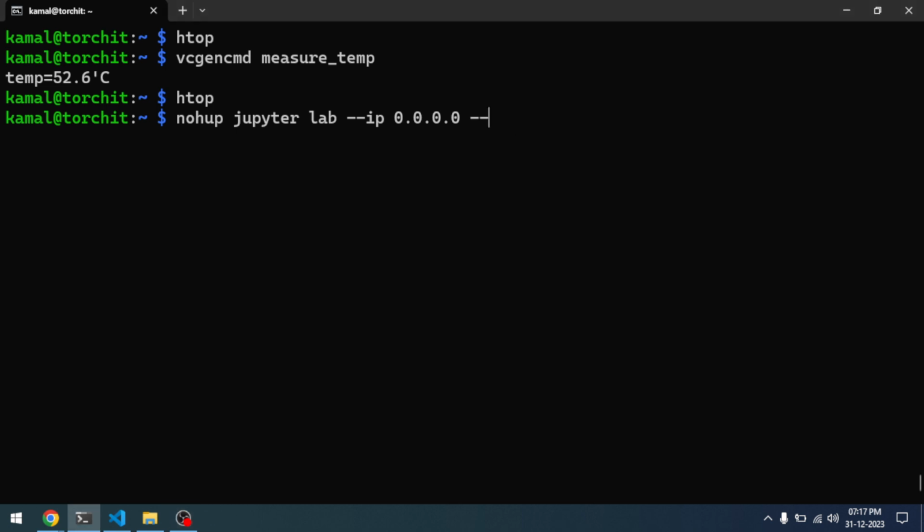After this, we need to still say no browser, and we have to say the port is going to be 8888. Then we are going to use this symbol to redirect the output to the Jupyter log. So we have to create a small log file, and after we give the log file, we have to press